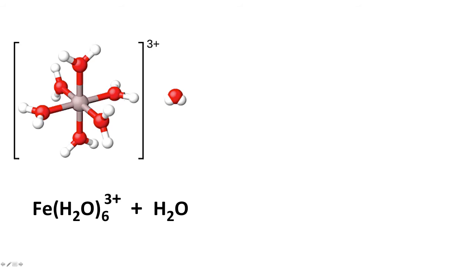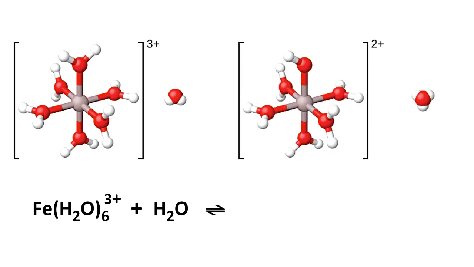And since electron density is essentially a bond, electron density holds the Fe to the H2O, and shared electrons hold the O to the H in each of these water molecules. And if enough electron density is pulled towards this positively charged central ion, we could say that it weakens a bond a little bit between the O and the H,